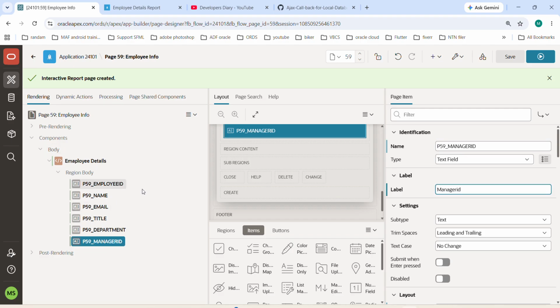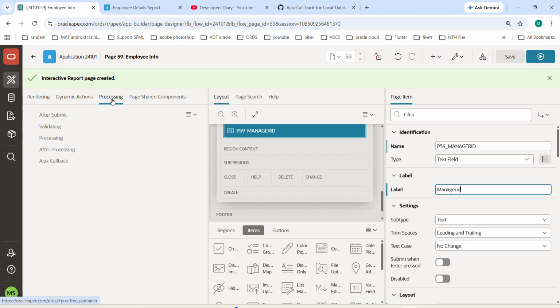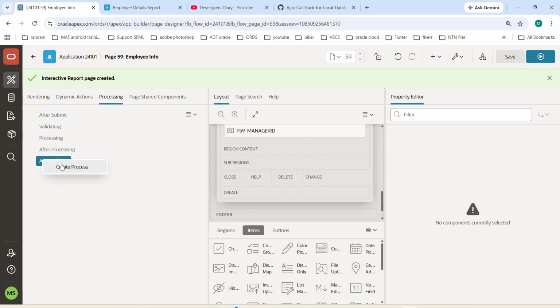So what we want is, when this page loads, it will get the information of the employee and store the values in these attributes. So we are going to create an Ajax callback,